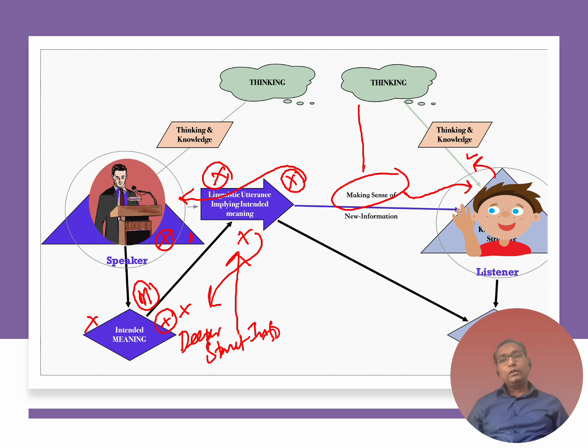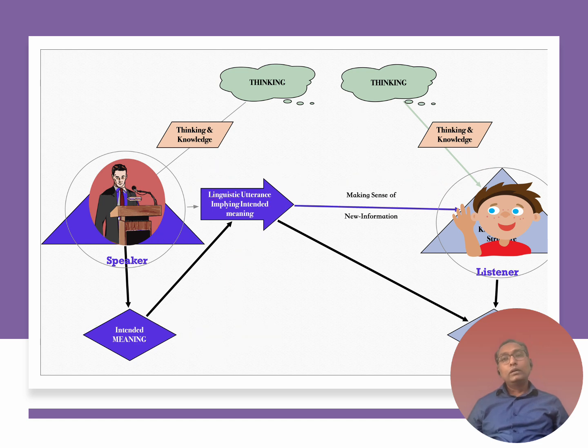Okay. Now, the deeper meaning is related to and closely connected to, in terms of structure, the knowledge of the speaker, and the words he uses to convey it imply the actual language that we use, the words we use, the means of communication. That's one aspect of language. It is a means of communication. Now, that's about the speaker. Now, what about the listener, right?